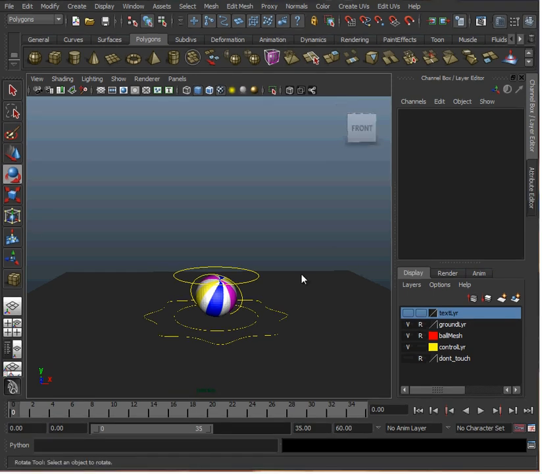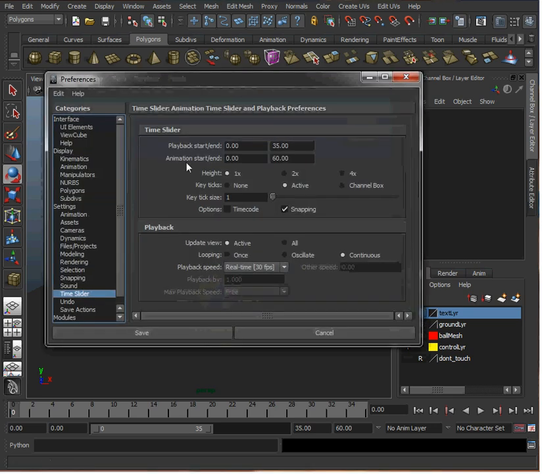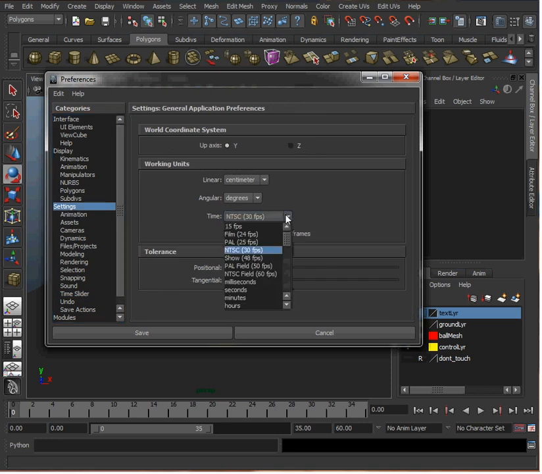The first thing I'm going to do is check my animation preferences in Maya. The animation preferences are over in the right hand button here by the auto key button. Select that button and I want to check my settings. I want to make sure I'm at 30 frames a second. I animate at 30 frames per second. That's what I'm used to in game animation. If you're going to animate and film, you'd use 24 frames a second.